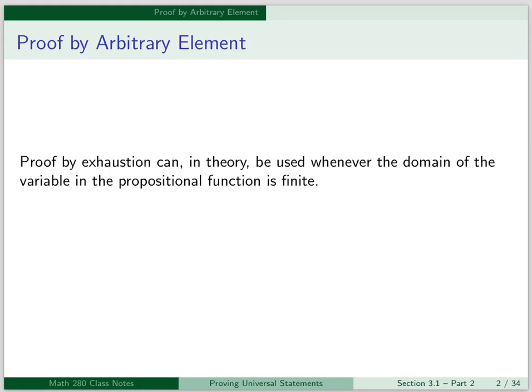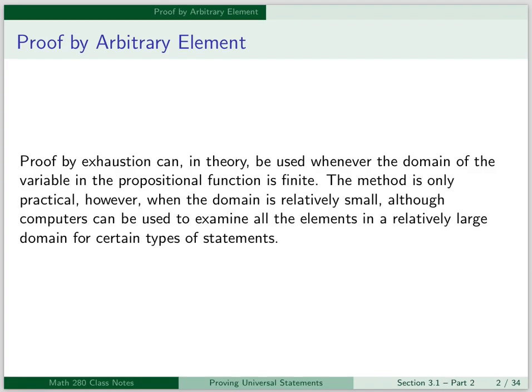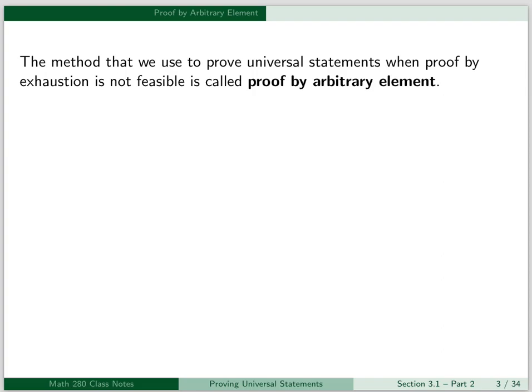Proof by exhaustion can, in theory, be used whenever the domain of the variable in the propositional function is finite. The method is only practical, however, when the domain is relatively small, although computers can be used to examine all the elements in a relatively large domain for certain types of statements. The method that we use to prove universal statements when proof by exhaustion is not feasible is called proof by